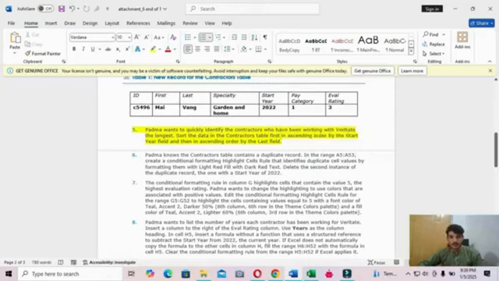Padma wants to quickly identify the contractors who have been working with Veritate the longest. Sort the data in the Contractor table first in ascending order by the Start Year field and then in ascending order by the Last field.